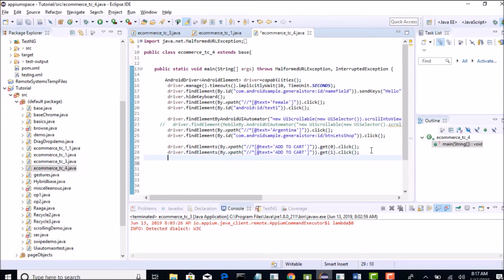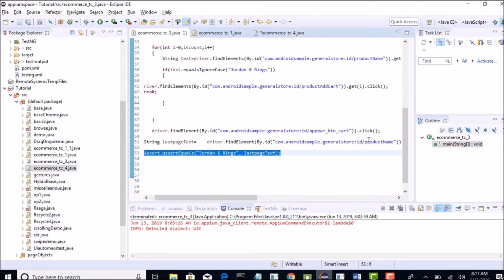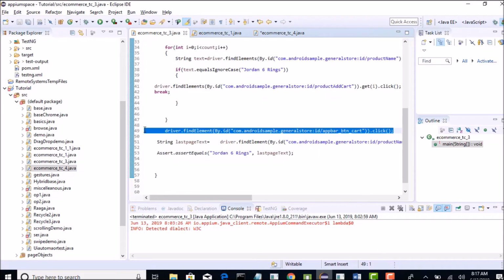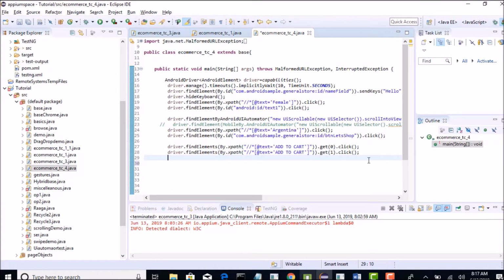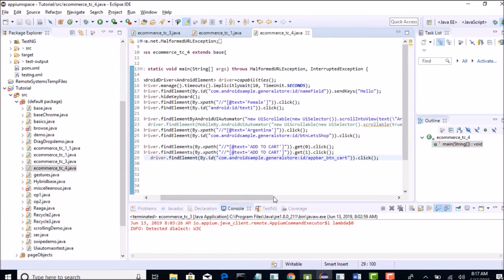That is the question. So if you want to just click add to cart, I think we already did this test, right? Let me copy this step. This will simply click on this button and go to the next page. Ideally it should work, but this will fail.